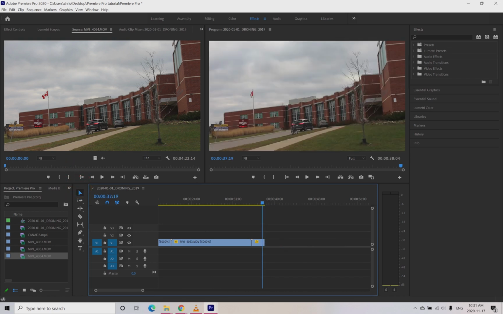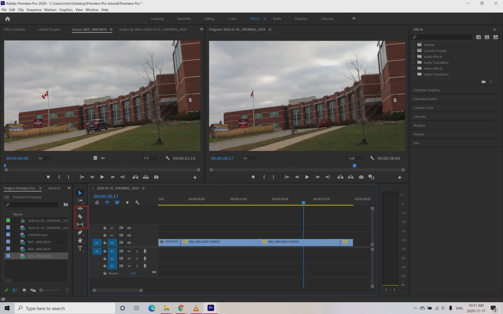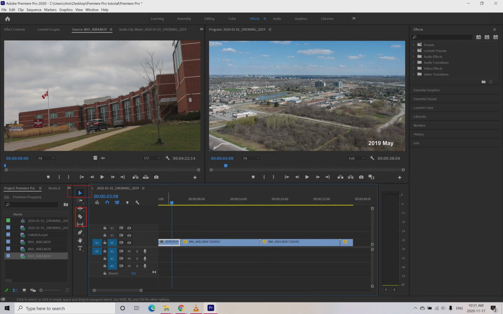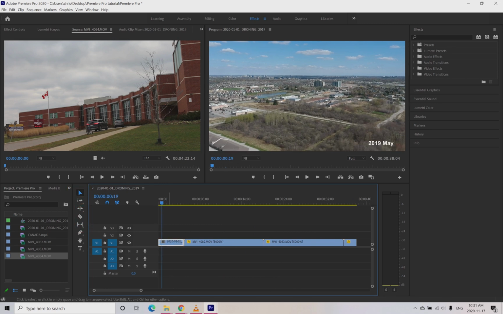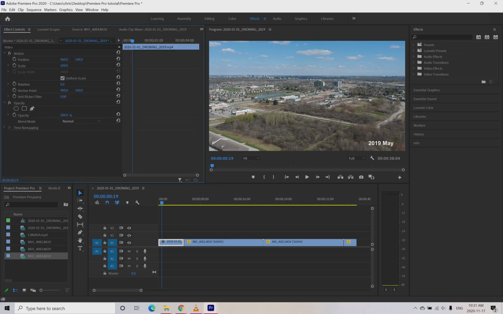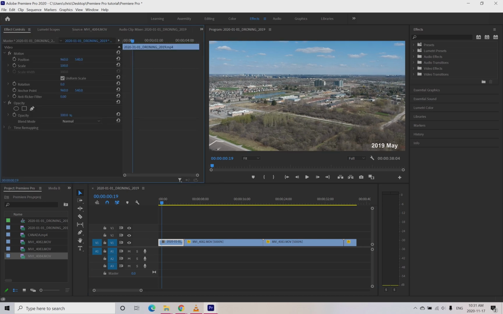So what I did there is I cut part of it. Alright, so I got the blade tool, I clicked on it, I then got the selection tool, and I cut part of the end. That's something that you're going to use a lot, that blade tool, and then just get